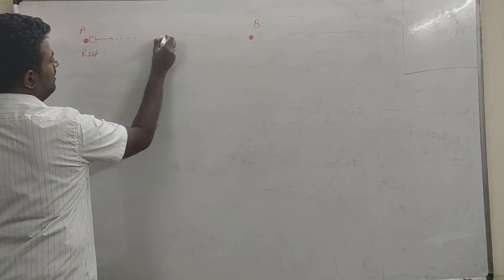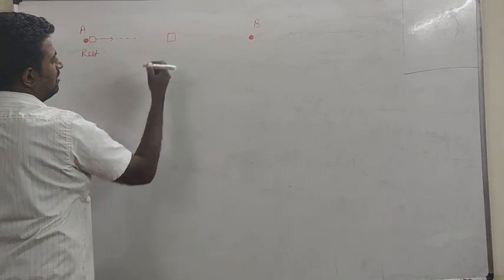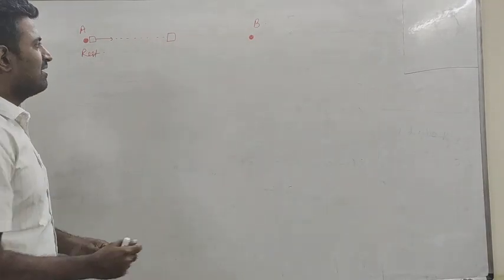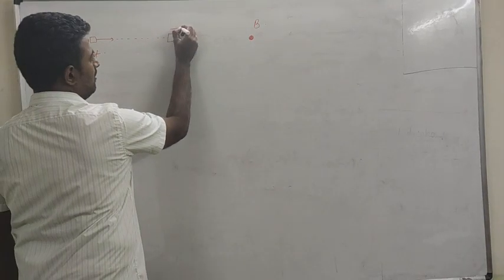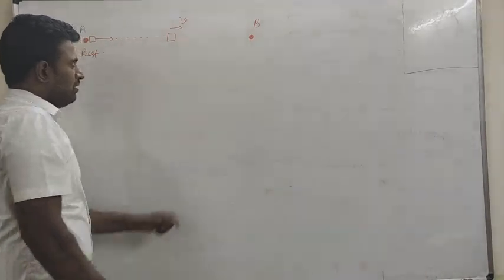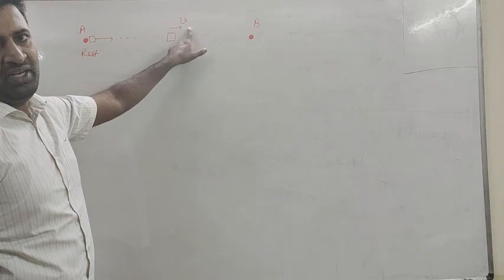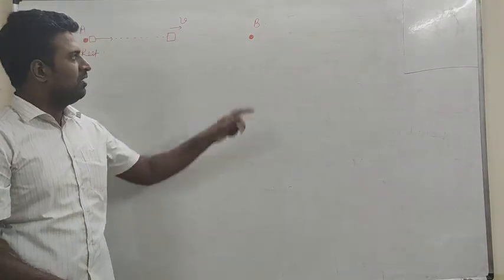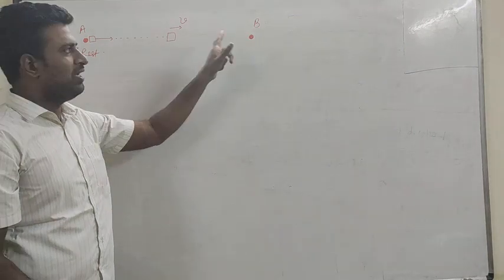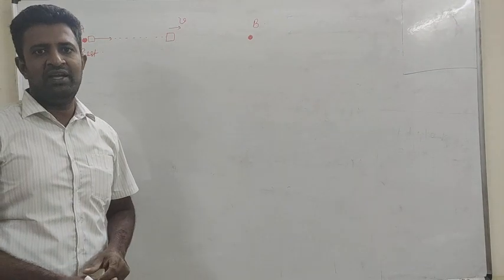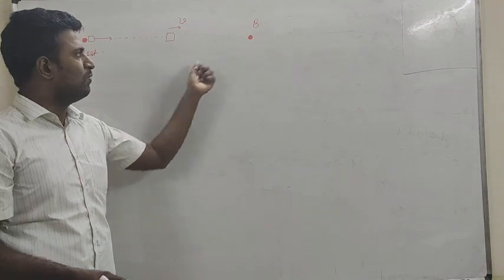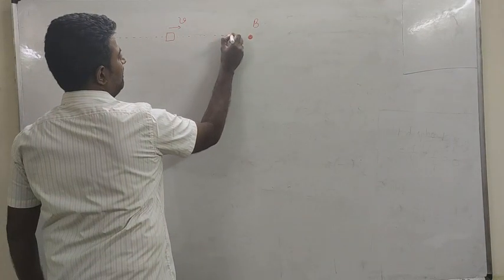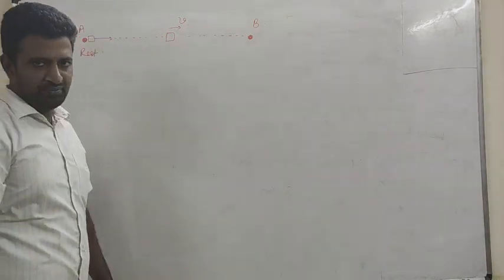So that the velocity will increase. During accelerated motion, the velocity of the train continuously increases. Then the highest possible velocity of the train I have taken as V. Why am I saying that it is the highest? Because to stop at the next station, again you have to apply the brakes and the train has to retard. Otherwise, it won't come to rest. So it is continuously coming and it will come to rest at B.